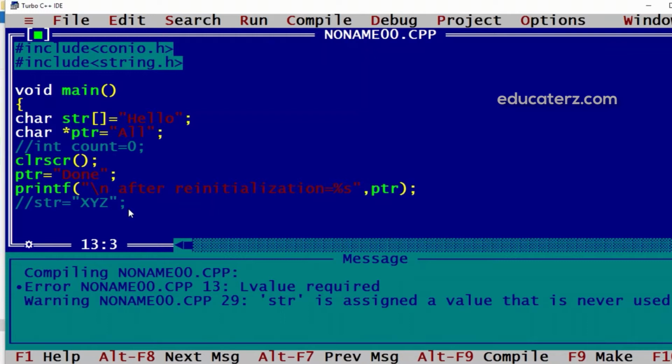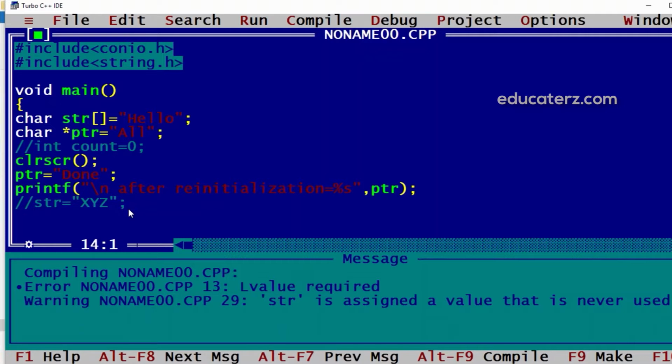Because a character pointer is holding just the address of a string. When we reinitialize, a new array of characters, that is a string, is created, and the same pointer is going to point to the new one. But if we want to initialize a character array to a new value, then one by one character we have to initialize. That is, the character at the 0th location, then first, then second, like this.